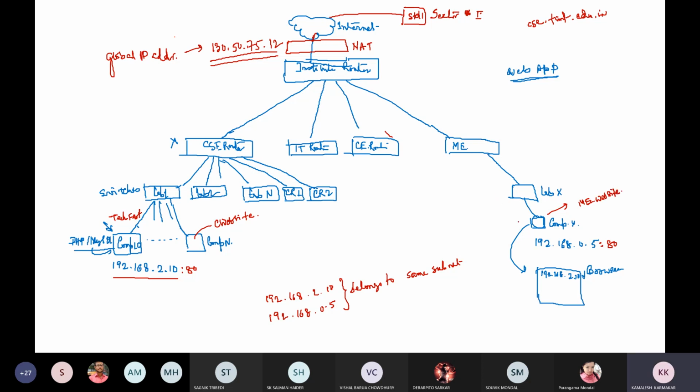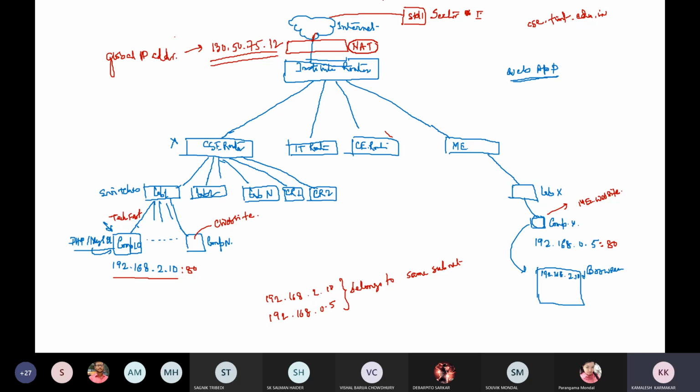So different modules are running on different machines, but they are still not accessible from outside of this network until you configure the IP packet forwarding rule. You have to set this forwarding rule in the network address translator, or if you are using some other technique, then in that device you have to configure it.